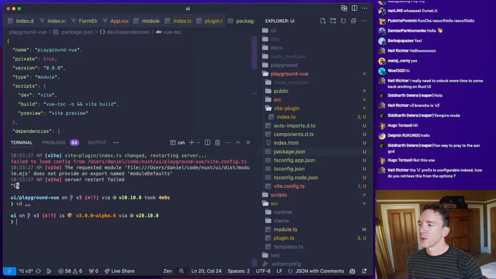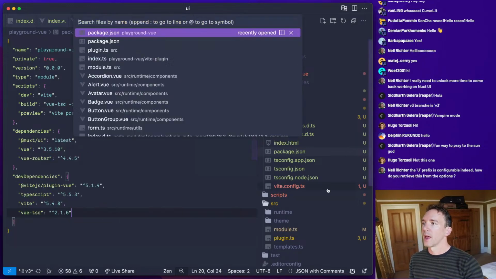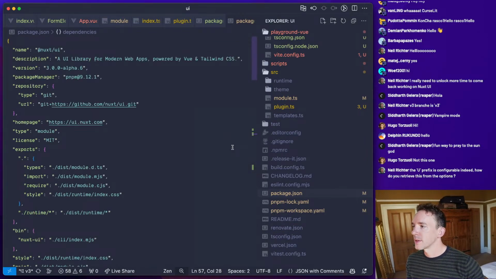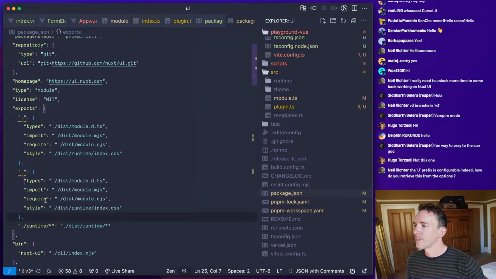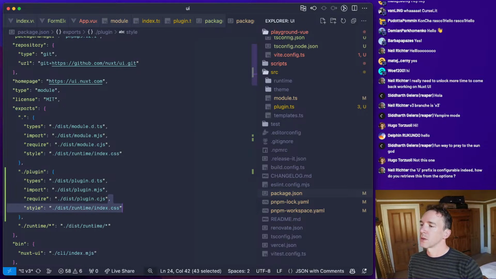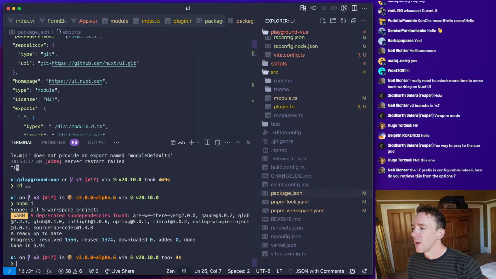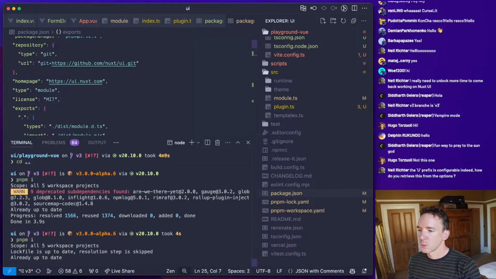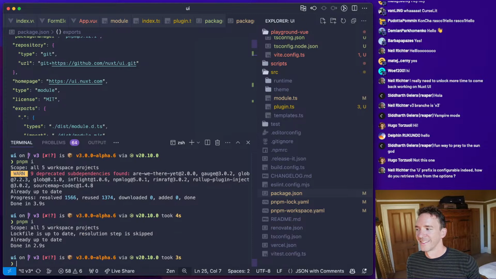Okay, so we're just going to rerun our install, and I'm going to create the subpath export. I'm going to call this plugin, and this is going to be plugin like that. Oh, that's interesting. I'll have a look and see what that means in a moment. Let's try installing one more time. There we go.